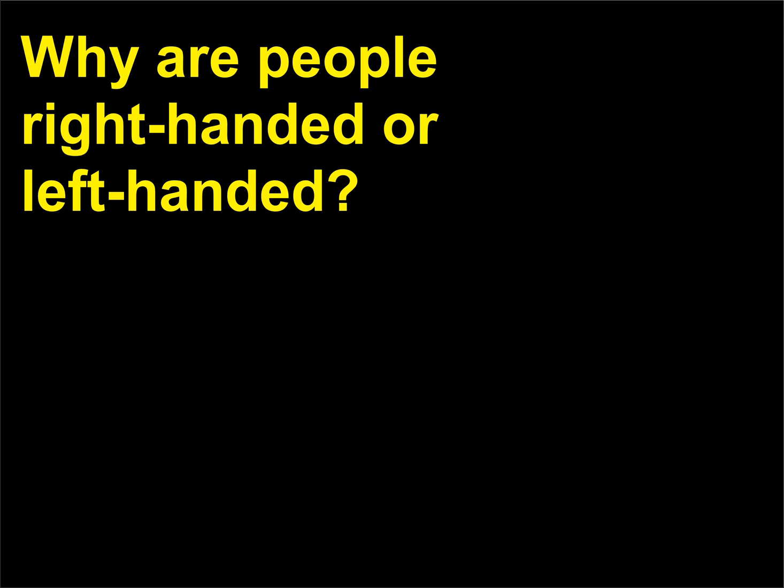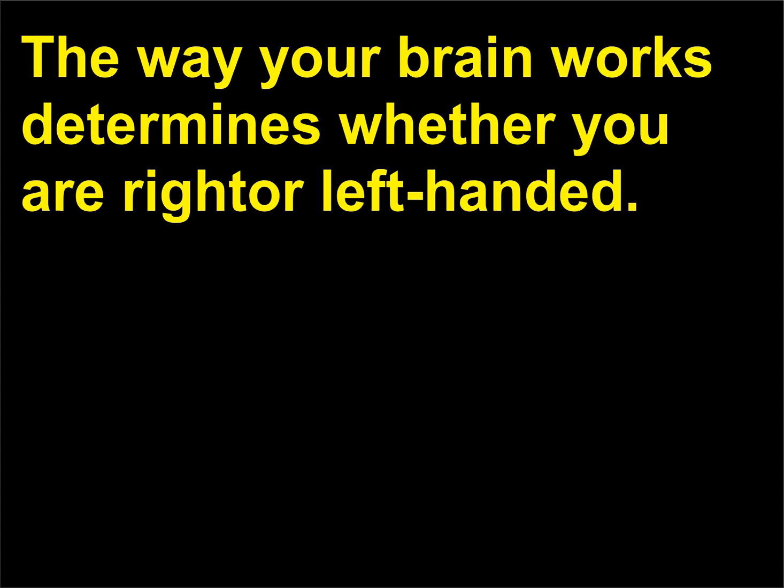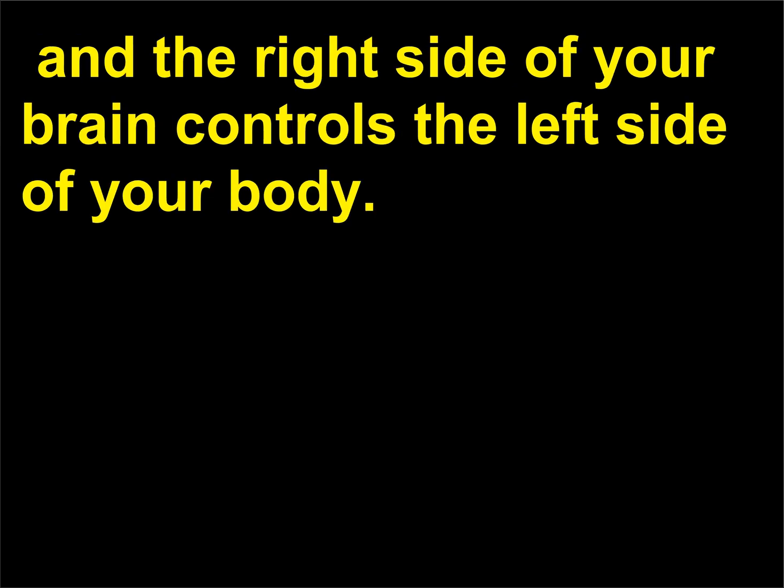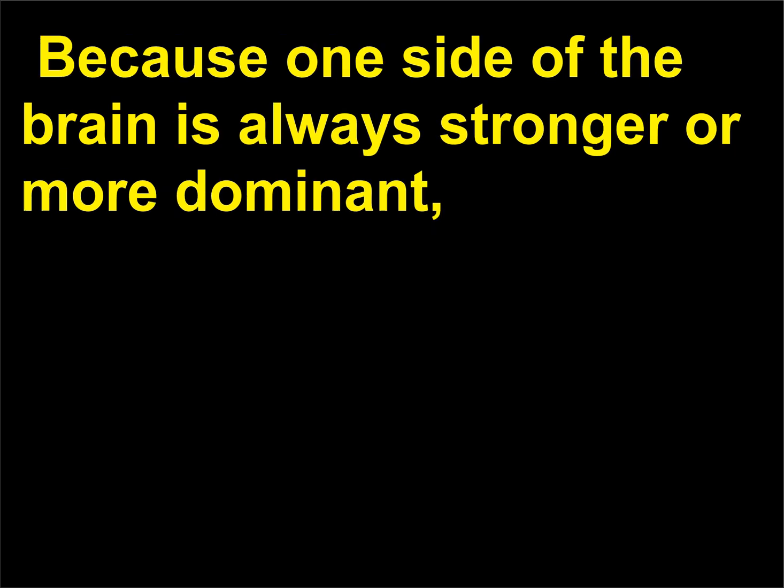Why are people right-handed or left-handed? The way your brain works determines whether you are right or left-handed. The left half of your brain controls the right side of your body. And the right side of your brain controls the left side of your body. Because one side of the brain is always stronger or more dominant,